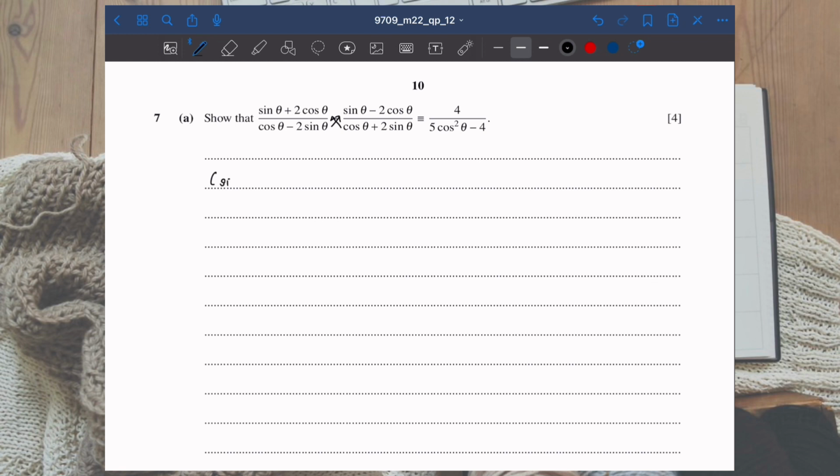So we'll get (sin θ + 2 cos θ) times the other denominator, (cos θ + 2 sin θ), over (cos θ - 2 sin θ)